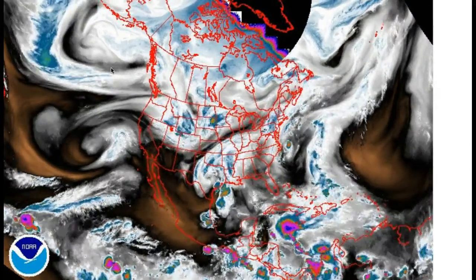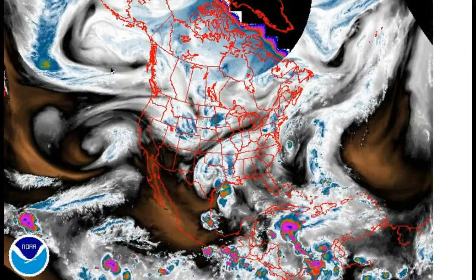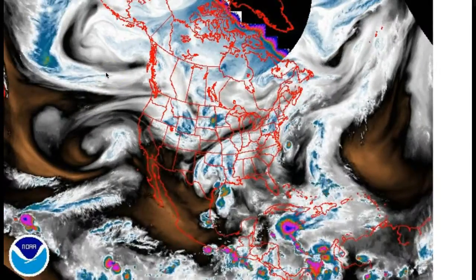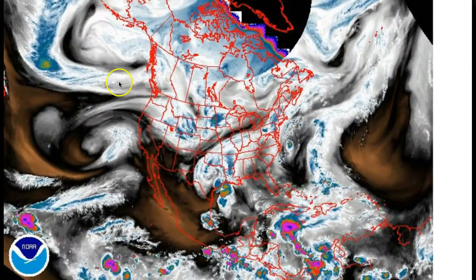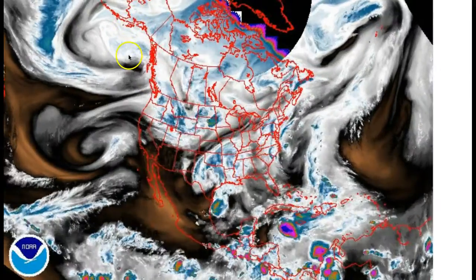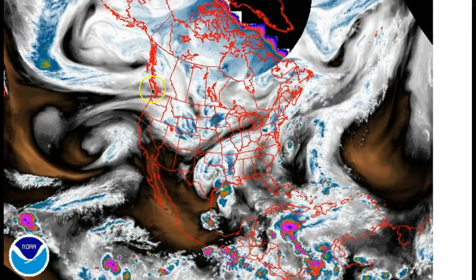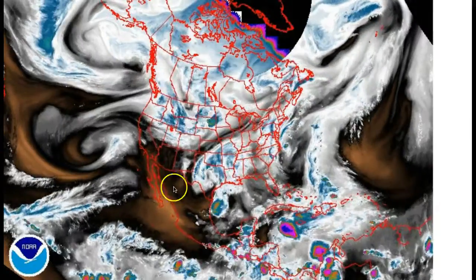But then we warm back up, back to near normal again. So what's happening here when we take a look at the temperatures? What's happening here is the back and forth of this trough, okay? When this trough shifts towards the Gulf of Alaska, that shifts the entire pattern, the polar jet stream, because the subtropical jet stream is falling